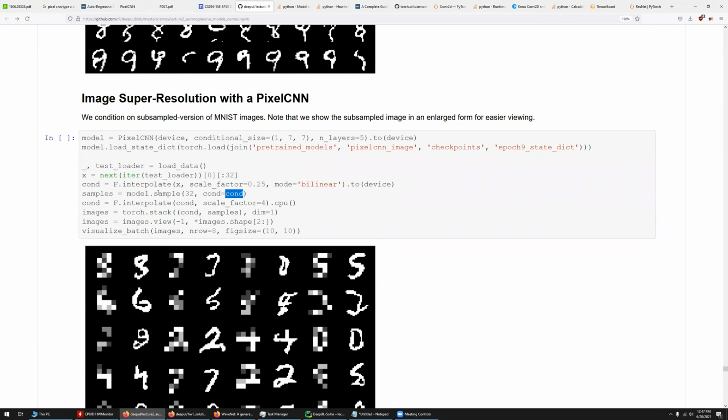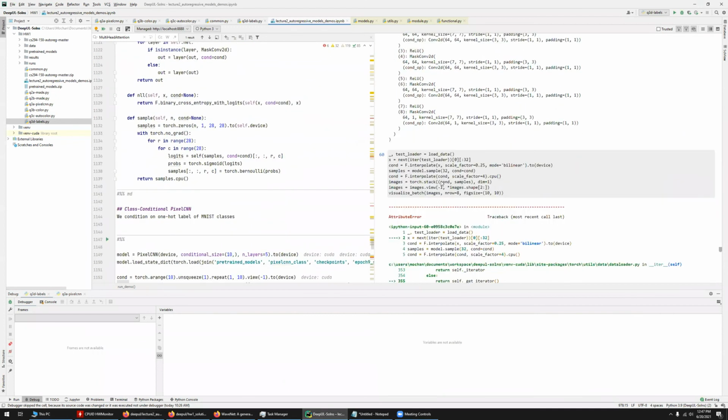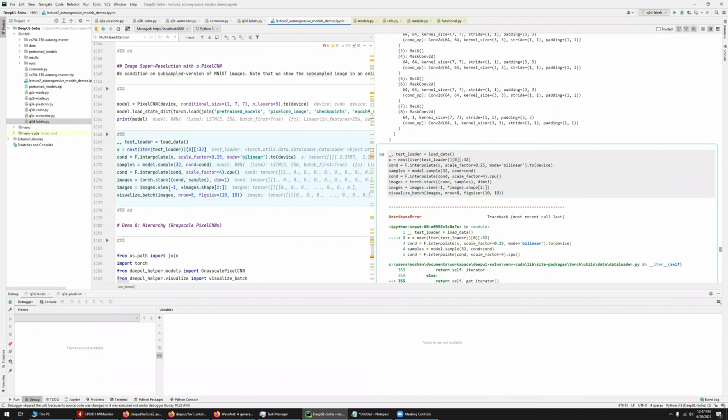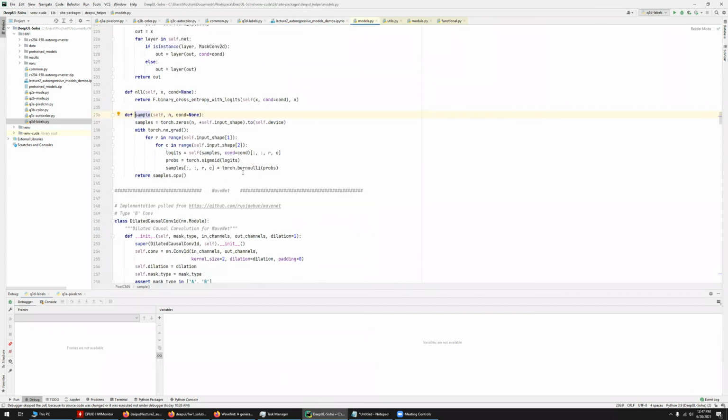So this is another one. It didn't work for me, but I don't know if we can go to this. model.sample. Yeah, it's still doing that. I'm not sure what's going on. So they changed it to... So maybe this conditional is the